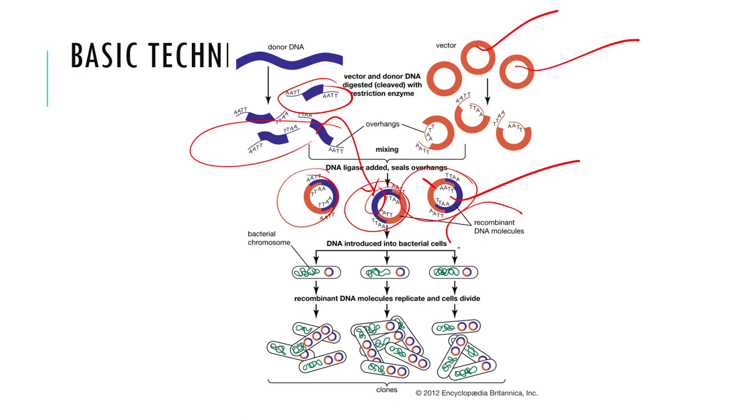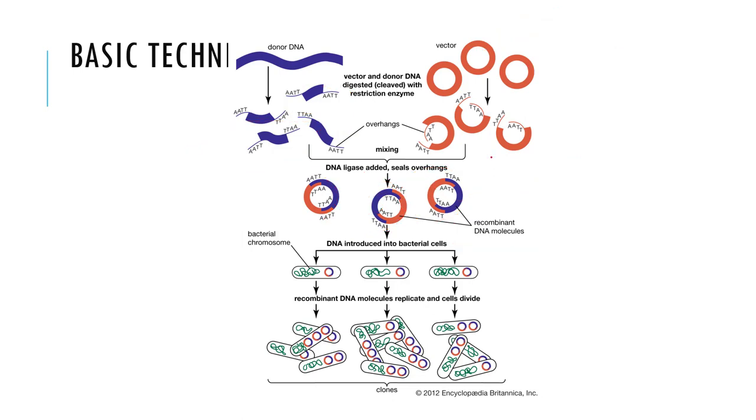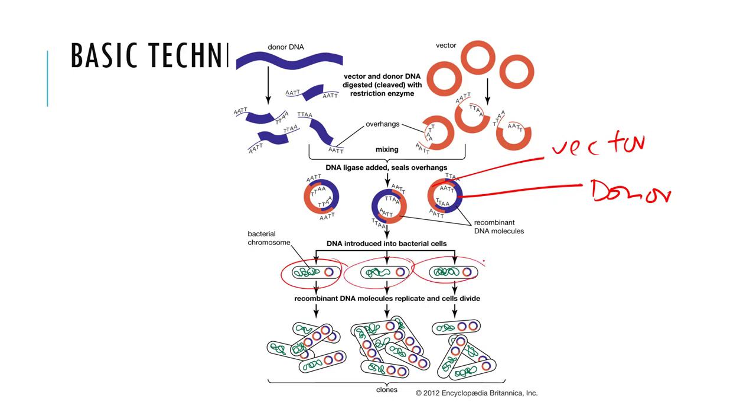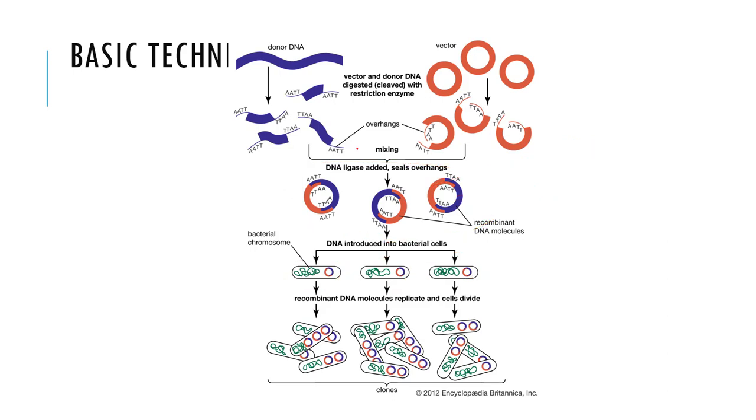So this is a recombinant DNA molecule because it contains 2 different DNAs, one from the donor DNA, and the other from the vector. So this is vector DNA and this is the donor DNA, the DNA in which we are interested. Next, these are the host cells. Our next step was to introduce this newly created recombinant DNA molecule into a host cell. As you can see, we have introduced it into a host cell.